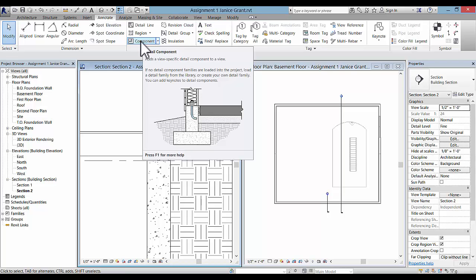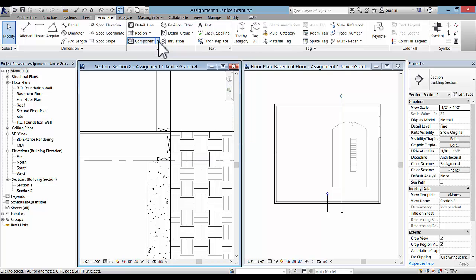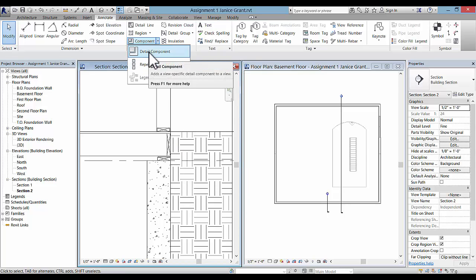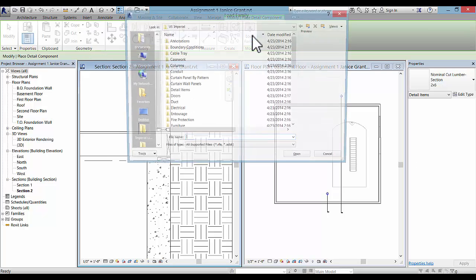They have here as default, everything from the anchor bolt and the 2x construction to reinforcing bars and all of those type of details that we might need in a wall section. So here we can go to, in the Annotate tab, component and detail component, although there are also repeating detail components for something like masonry block that repeats itself. Let's go ahead and pick detail component, and then if you pick load family,